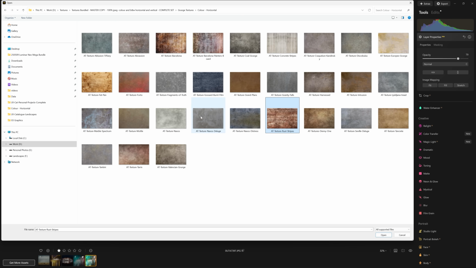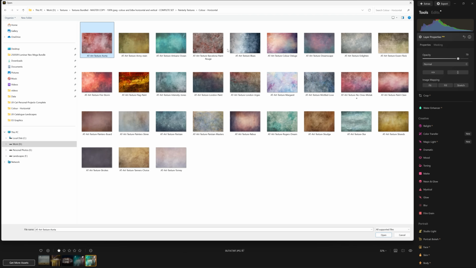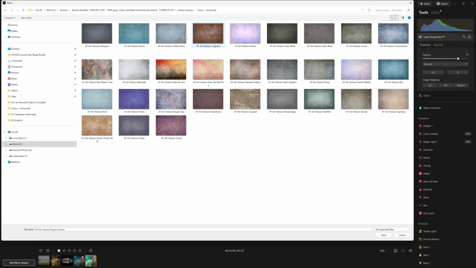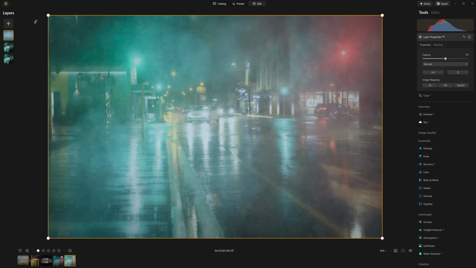So these ones are all grungy kind of textures. I've got industrial textures as well, but the ones that we want to look at are these painterly textures here. These are really good options to use with lovely artistic brush strokes, and also these artisan textures as well that are all included in the texture bundle as part of the toolkit that I'm going to put a link to below. So just pick any one. It really doesn't matter, right? So we're just going to go with this bluey texture here,